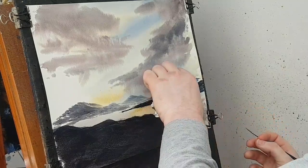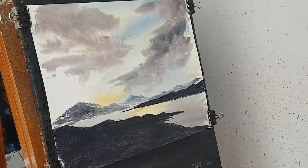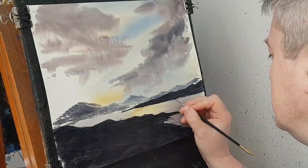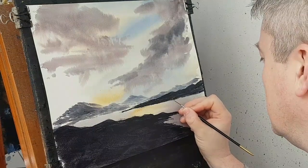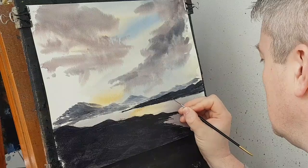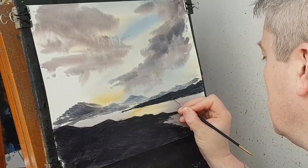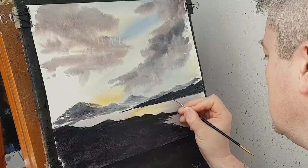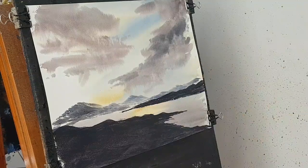And I'm going to dab it with a tissue, and it'll just create like a little white sail, just to give the impression of a little boat on there on the horizon. And obviously the smaller you can make it, the sort of grander the scale of the scene will be. So I think that's all I'm going to do for that one. Very simple